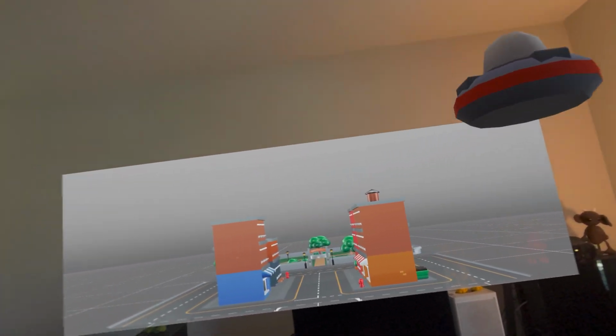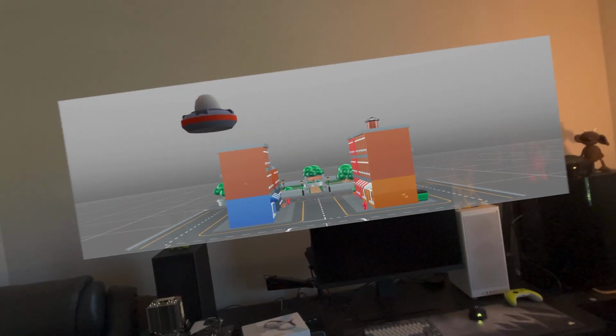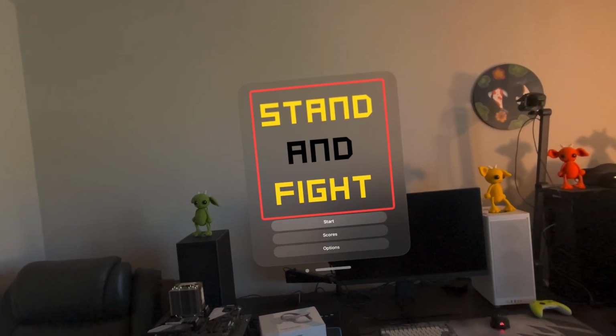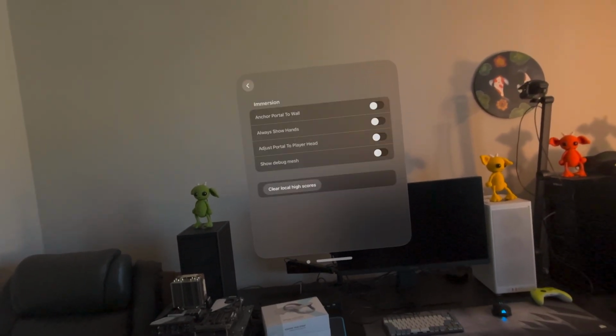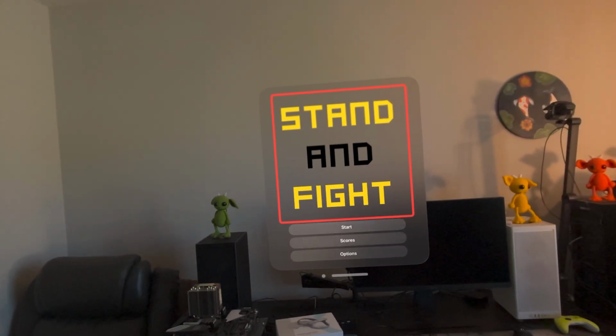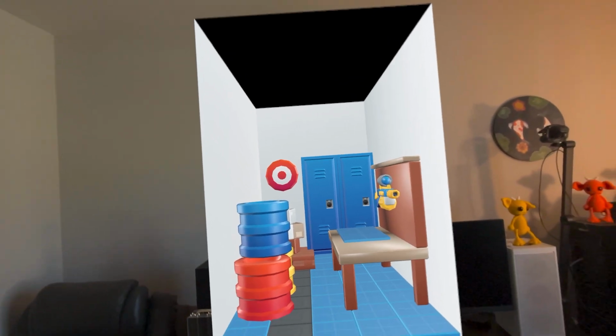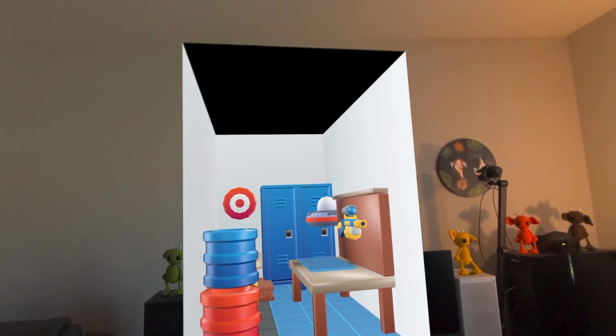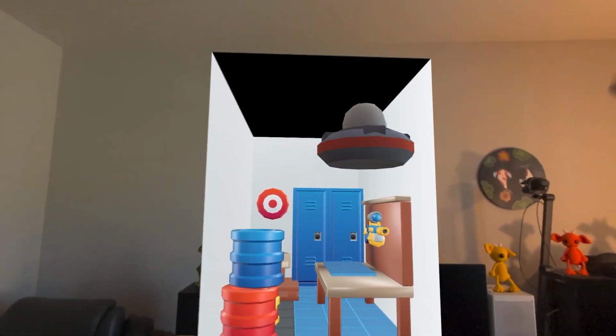So in this case, if you snap it, and that's one of the options that we saw. Actually, let's go back to it. If we go back to the options screen here and we say adjust portal player heads, turn that on, we'll go back into it, go through our intro screens here again. This is the other environment here. So this is Central Workshop. This one here is a bit too narrow, but I'm playing a little bit with some of the dynamic